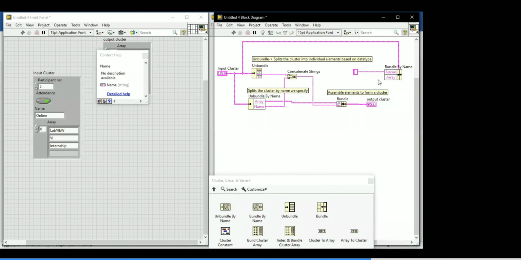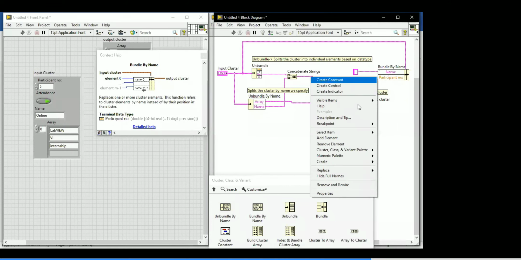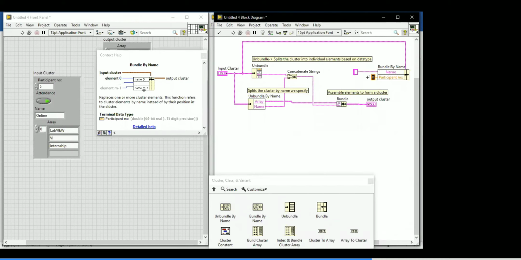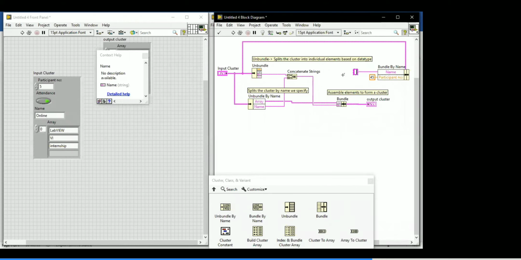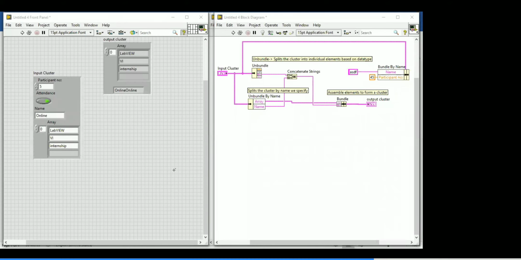Here I am choosing the number. I am going for the constant 45, I am giving that. Any name will do, so let me go with ASDF. Simply I'm giving that.